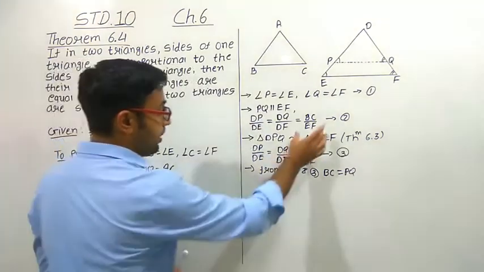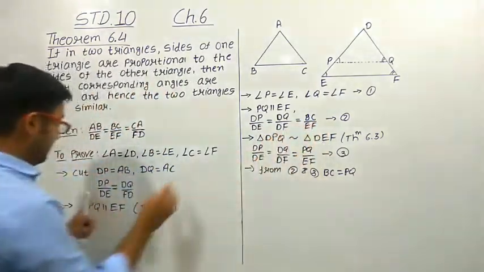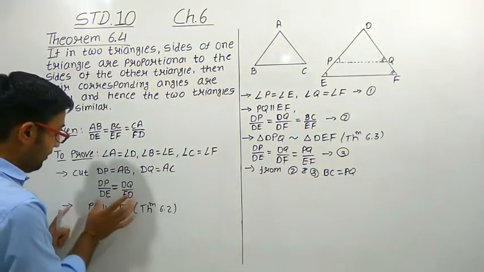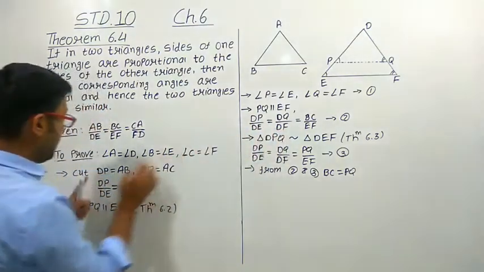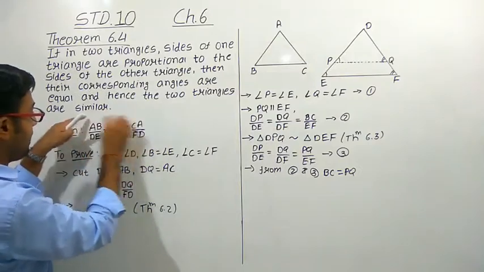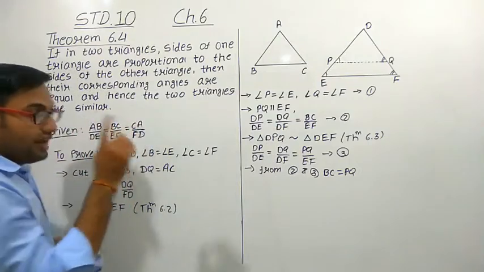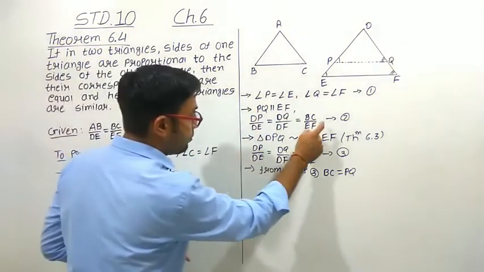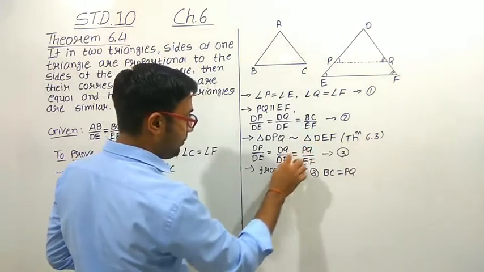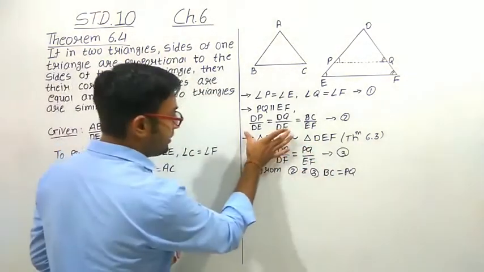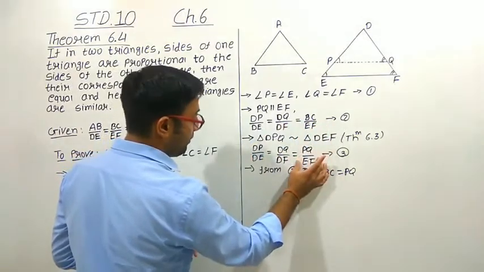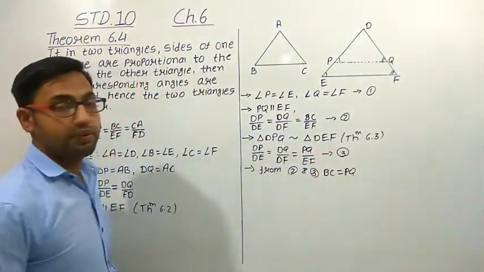Right? This is only possible if BC and PQ are equal. From where do we get this? We get this when we prove that PQ and EF are parallel, then we write down these two conditions. These two conditions we write from the first and third. The second one we did not use at that time, but now we are using it here. And now according to the similarity criteria, we get another condition, and when we compare these two conditions, we get that BC is equal to PQ.